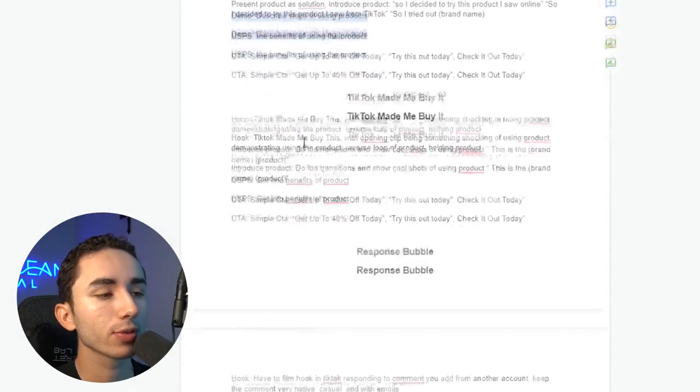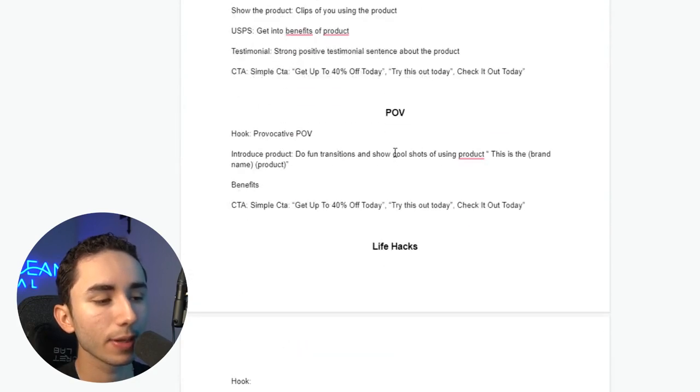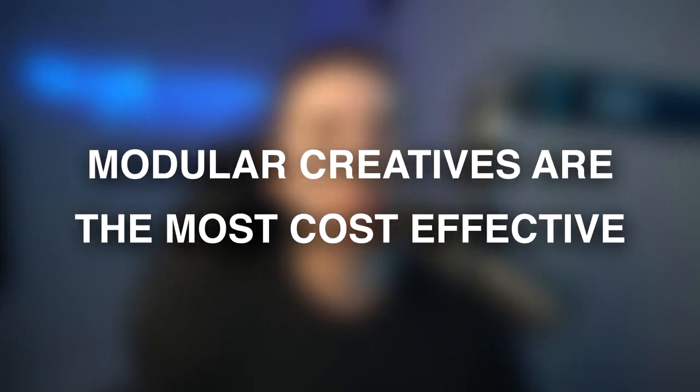So I will scroll down. You will have all these frameworks that you can use when you are creating your own custom UGC ads. But personally for me, I like to do the brief modular format. So with modular content, this is the most cost-effective way of getting custom creatives, because basically what you're going to do is you're going to write out this storyboard for a product, send it to a content creator, ask them just to film each line and not edit anything, and then you edit it together to save a ton of